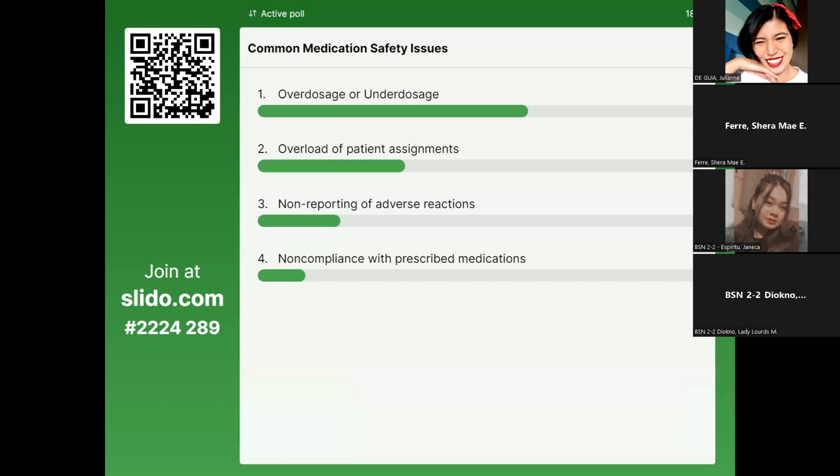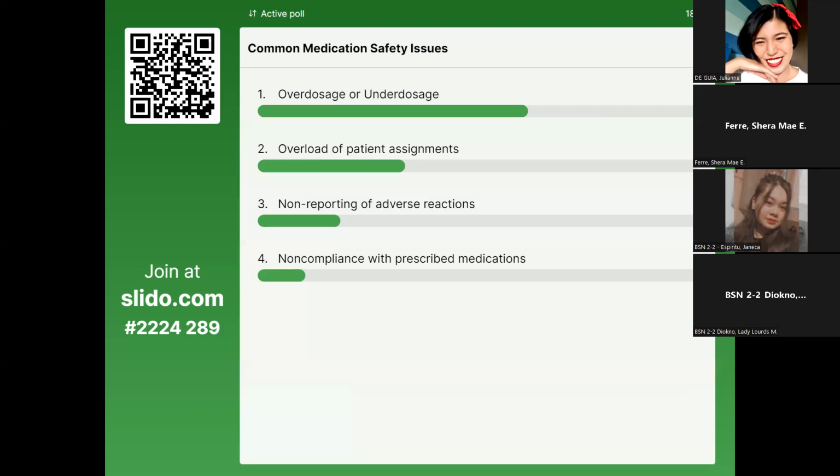For the underdosage, the problem is, for example, if the client is experiencing sepsis. Sepsis is a medical term that we associate with a severe infection. If the client receives a dose that is not computed accordingly, this will not meet our goal to inhibit the growth of the microorganism. So it is somehow useless. That's why it's considered underdosage, because it did not meet the prescribed dose that could lead to the action of inhibiting the growth of the microorganism.